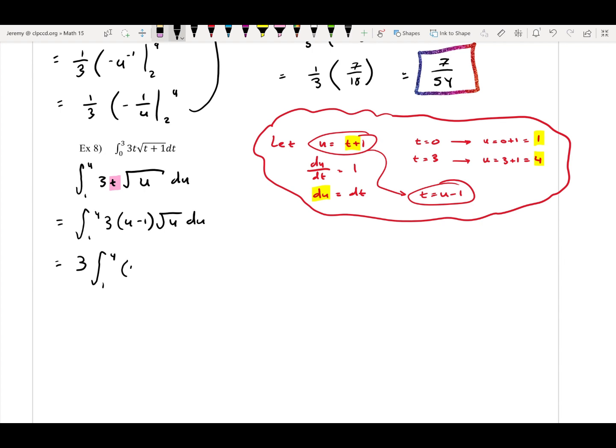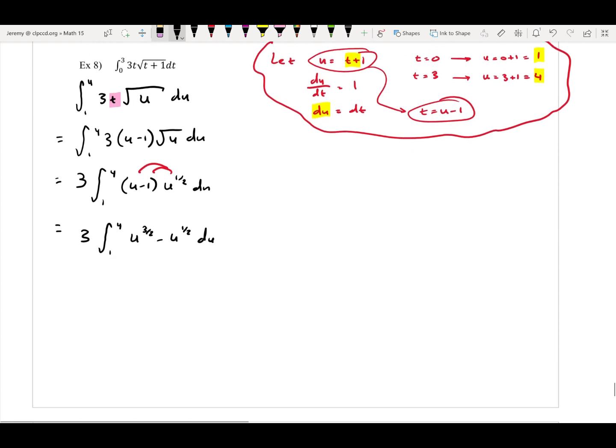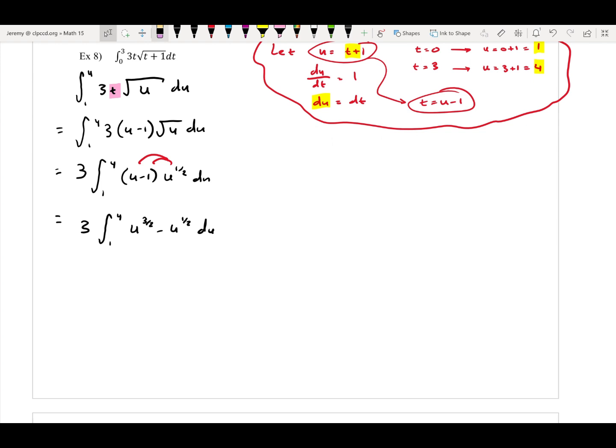And first I'll rewrite this u square root of u as u to the 1/2 power, and I'm going to distribute this in here. I'll get 3 times the integral from 1 to 4 of u to the 3/2 power minus u to the 1/2 power. Again, just using properties of exponents to multiply. And now this is an integral ready